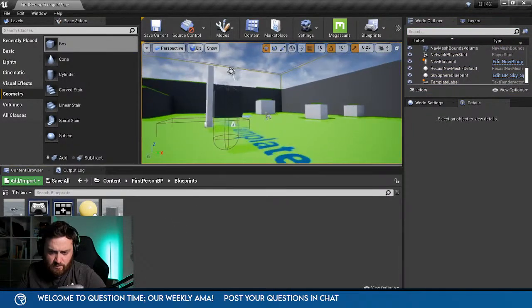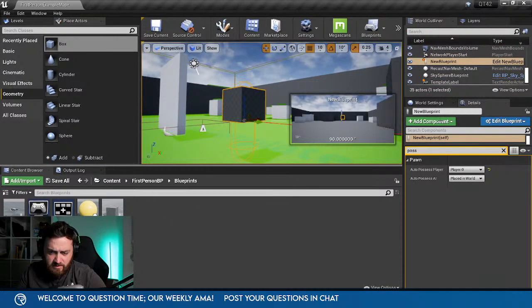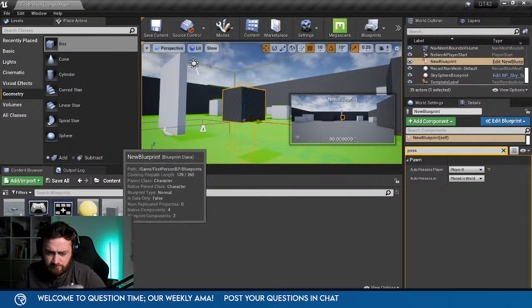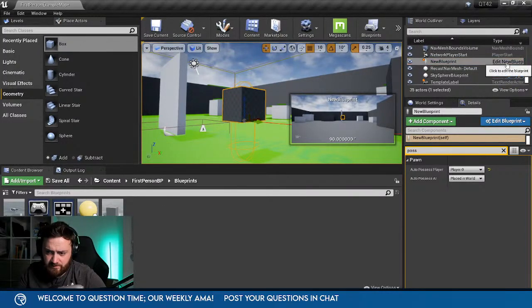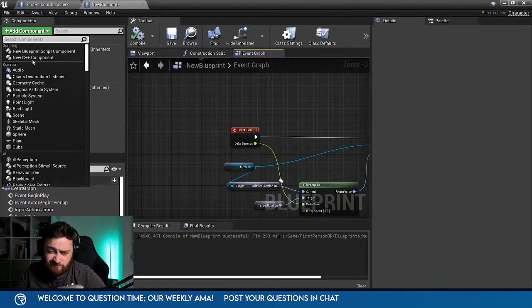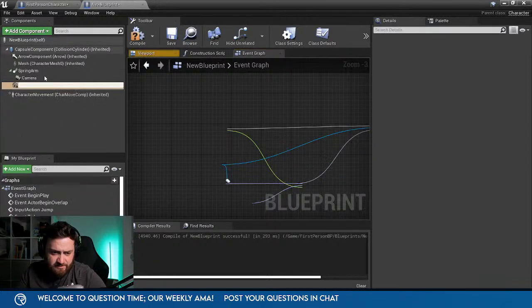Might be skeletal. Yeah, the static mesh.